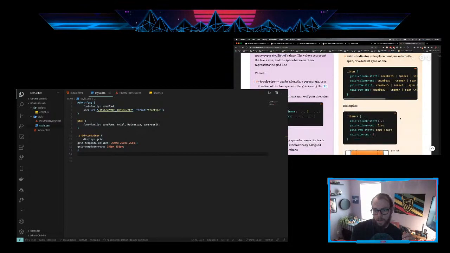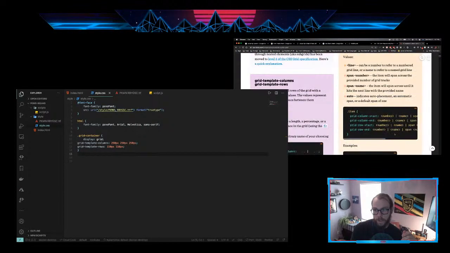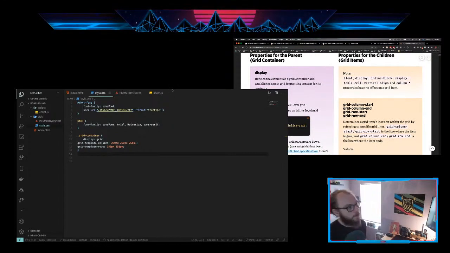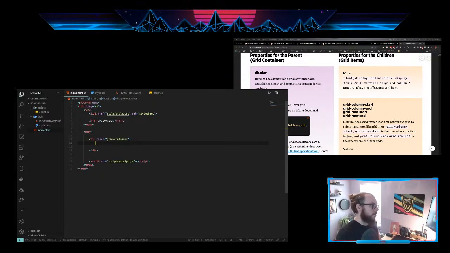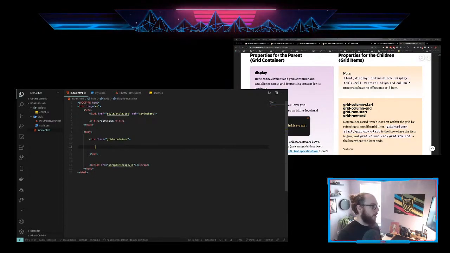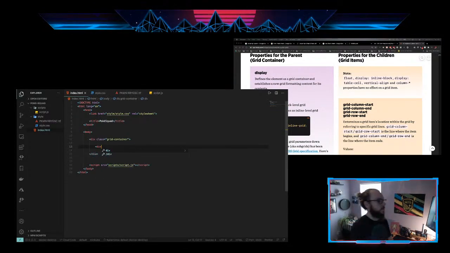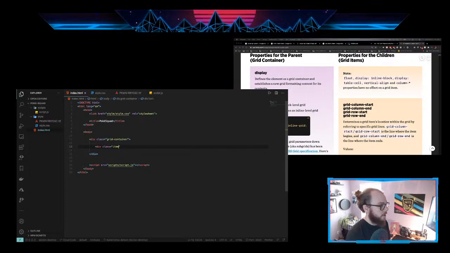Alright, we're gonna call each of the things that are inside of this grid, each of these things, and there's going to be 6 of them, right? I'm going to give them borders as well so that we can see them. But let's just give them a generic class to start off with. I'm just going to say the same thing as they do, item. We'll close off that div